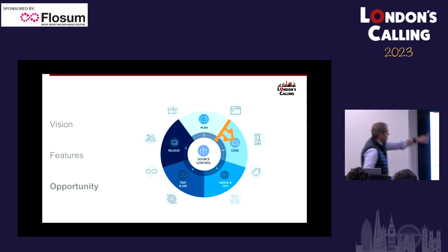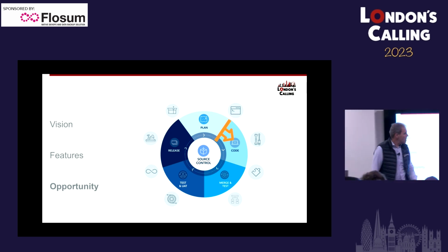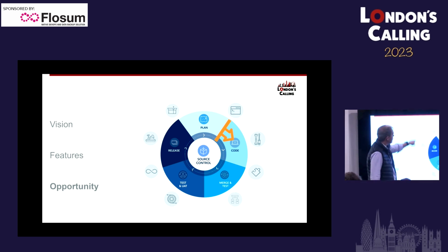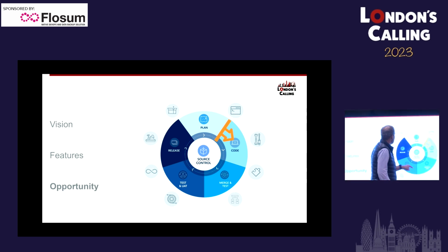If you think about this life cycle, which Salesforce built, effectively, you've got plan. Now, I have a massive issue, because I'm an analyst by background, developer, but really I've been a business analyst most of my career, is that plan does not do that justice, and I'll talk a little bit more about that. But starting through from code, there is an enormous opportunity for us to now go and look at how do you actually drive this cycle to ensure that what actually gets to be released,